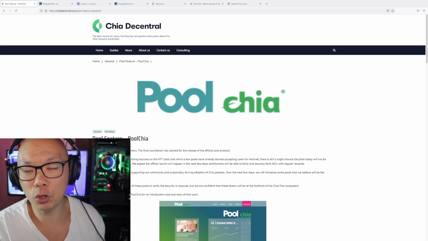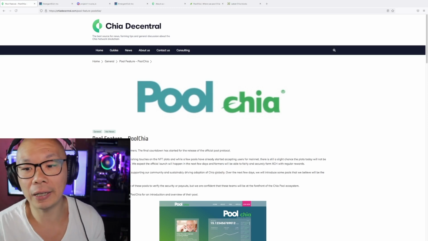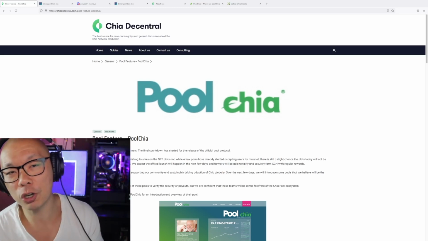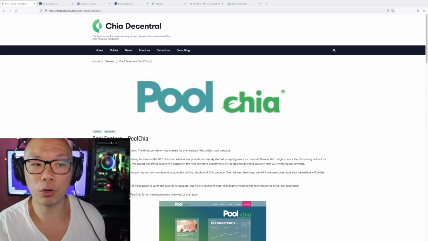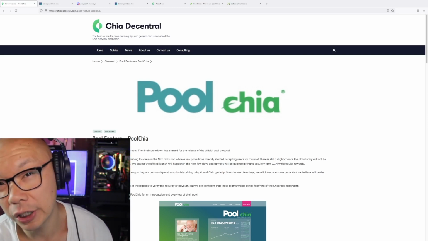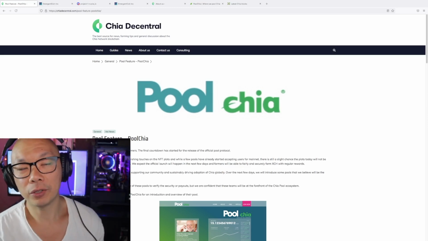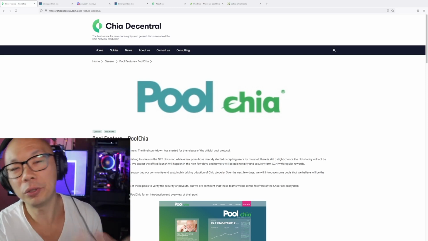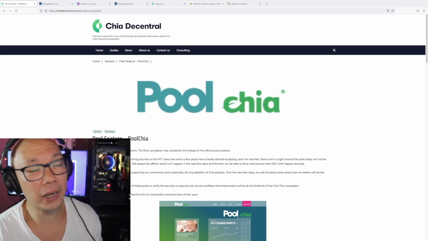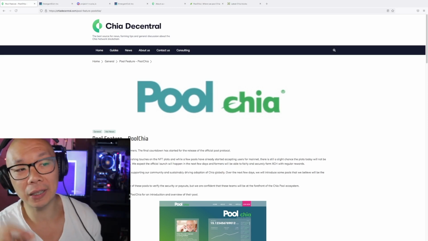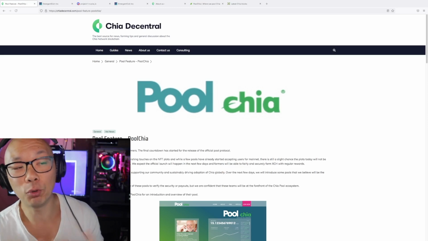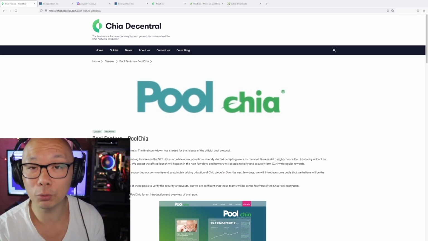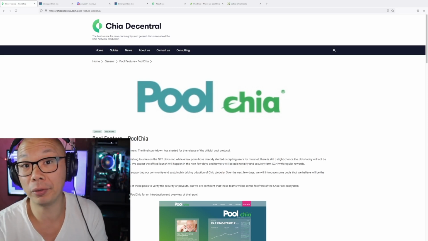If you start a pool or join a pool, there's 0 fees, right? And then after a certain time, I've seen for myself that they will charge that 1%, but they won't charge you if you joined pre-release of the official Chia pool protocol. And obviously if you left and you came back and it was already past that time, you would get charged that pool fee. Now it's 1%, and 1% is pretty big on something that's really minute right now, meaning if you were to win, I'm not sure how the winnings would be consistent because the pool themselves would need to hit blocks in order to distribute their winnings, right?